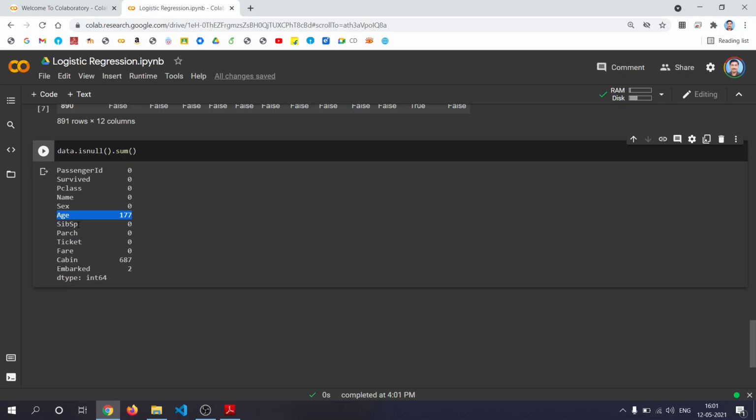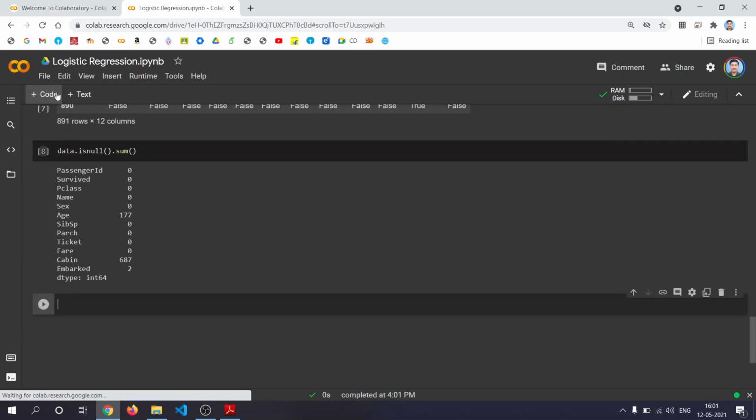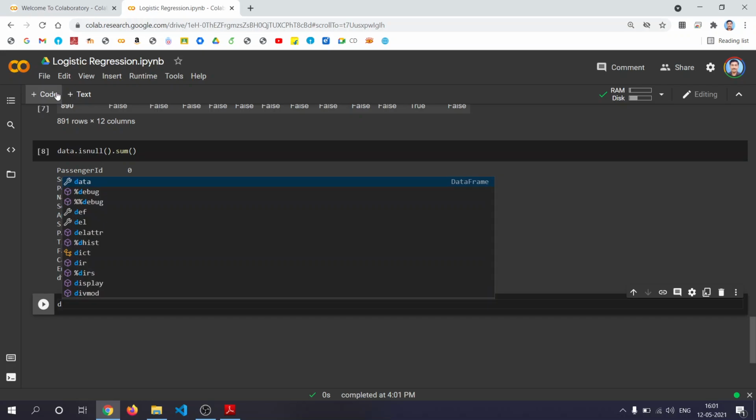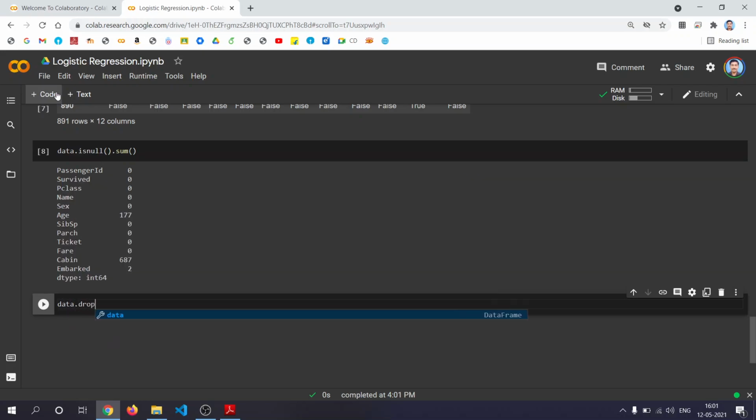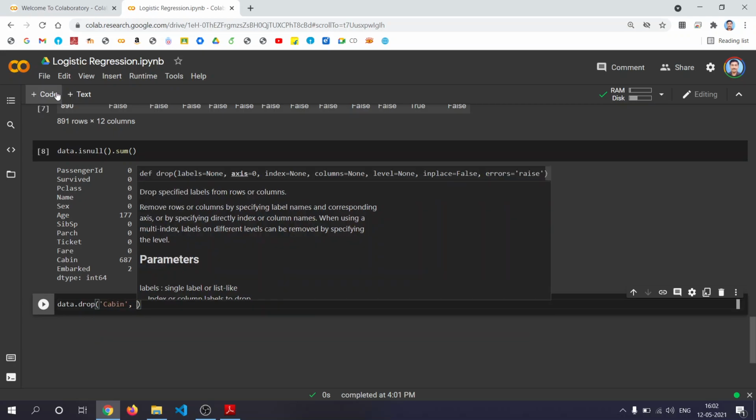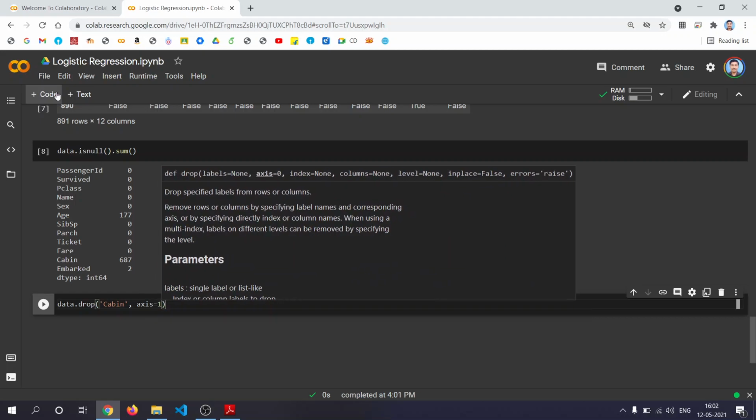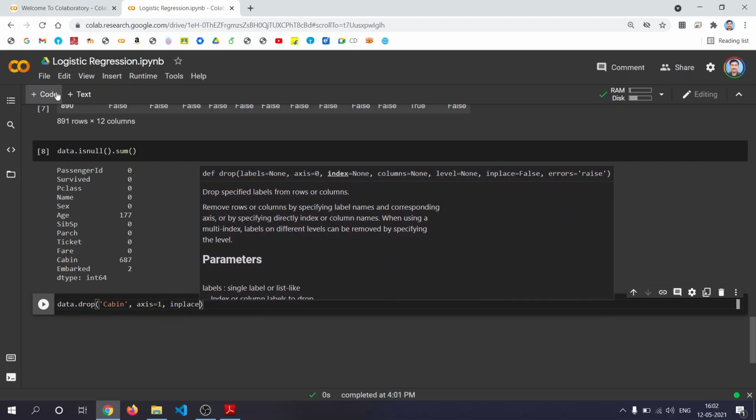So for example, let's say cabin is the most missing entry, so let's try to drop this data. It will be done like this: data dot drop, then you give the column name cabin, axis equal to 1, inplace equal to true.